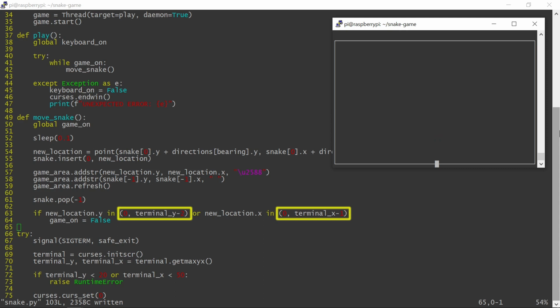This stems from the fact that the game area subwindow has 1 line less than the full terminal, with the top line of the terminal reserved for the scoreboard. The game is still running, accepting keyboard input after the snake hits the game area border, but the snake itself is not moving as the thread has been terminated.